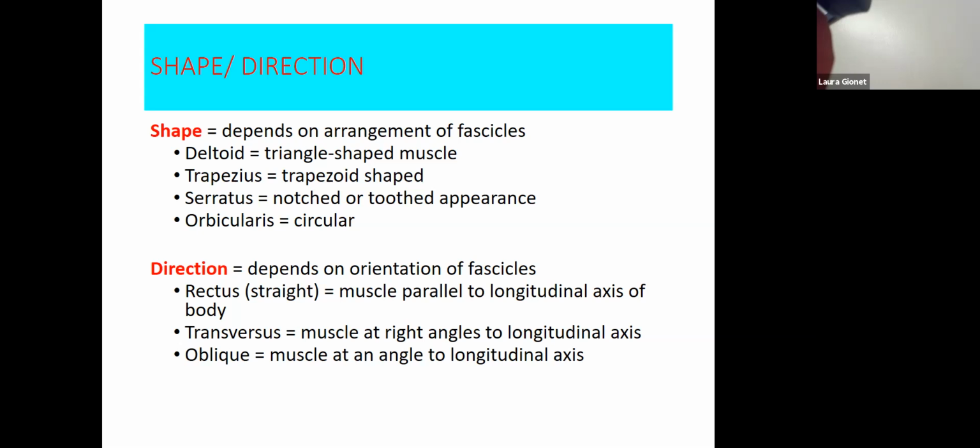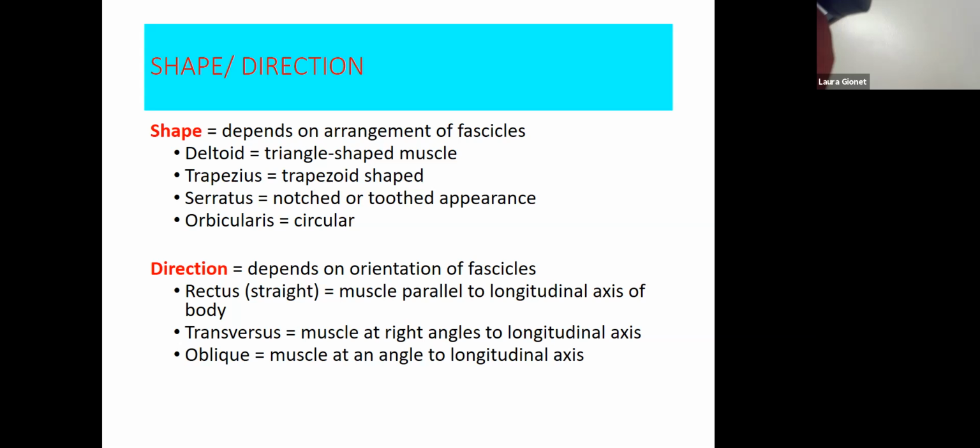Transverse is a muscle at right angles to the longitudinal axis. The rectus, transverse, and obliques are all terms actually used to describe the abdominal muscles, of which you have four. You have rectus abdominis, which is straight up and down and in the middle, right? The six-pack muscle. And if you look more to the back surface, the deepest surface of the abdominal muscles, you see your transverse abdominis, and those fibers run on the horizontal plane, perpendicular to rectus